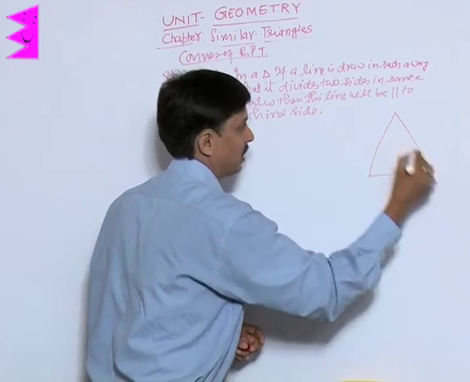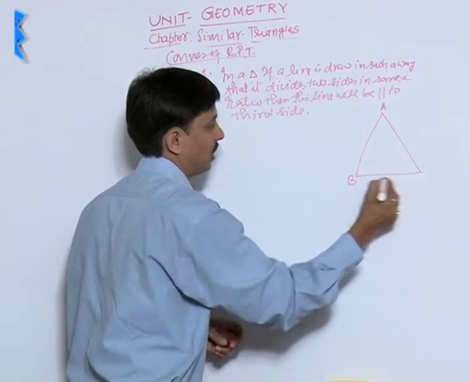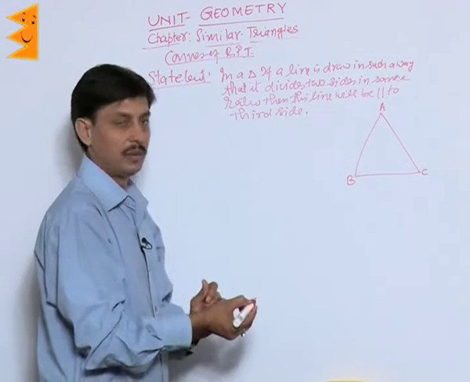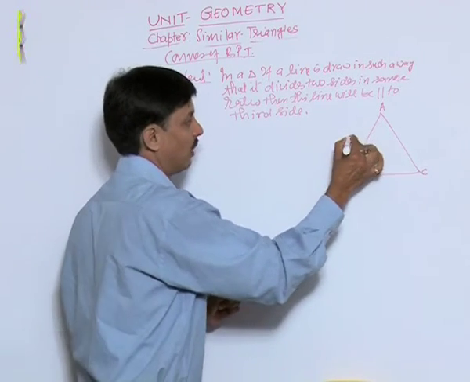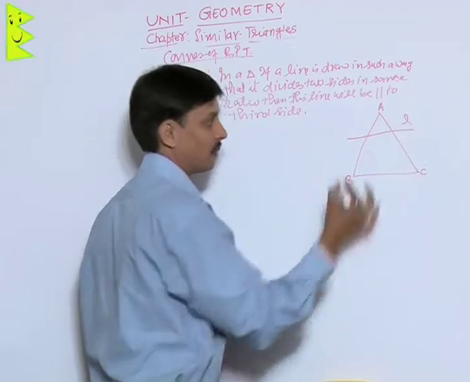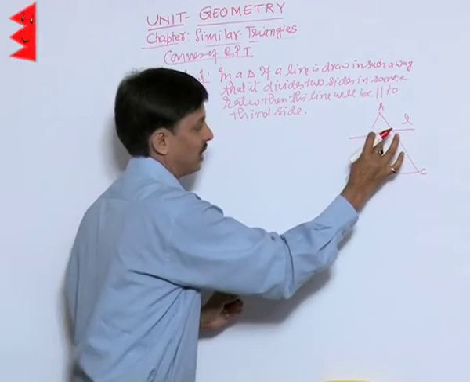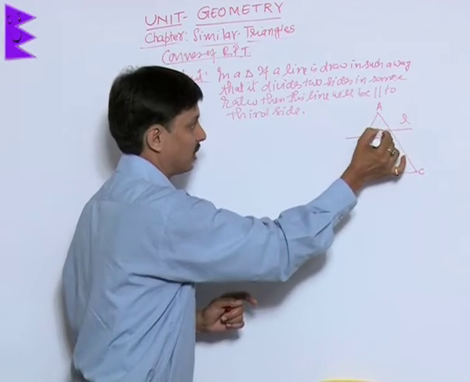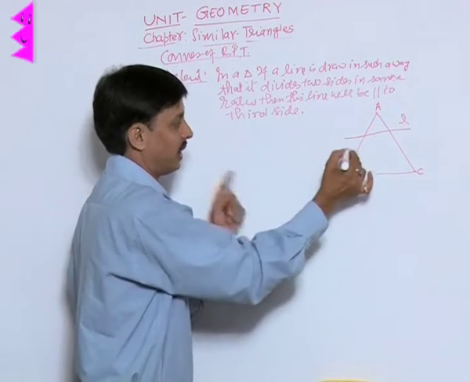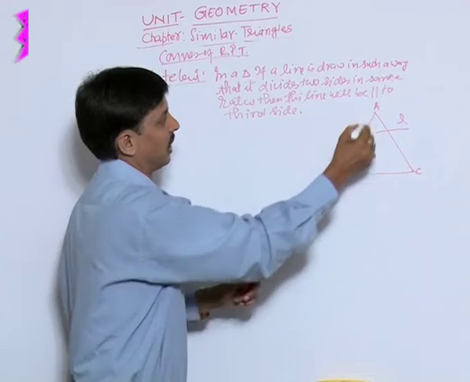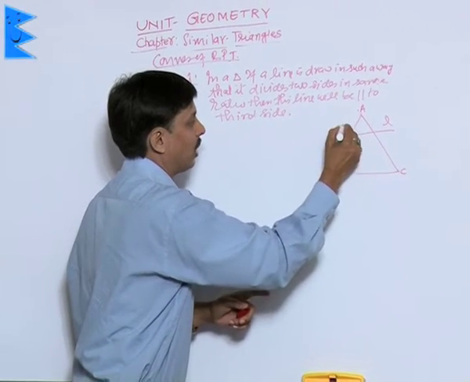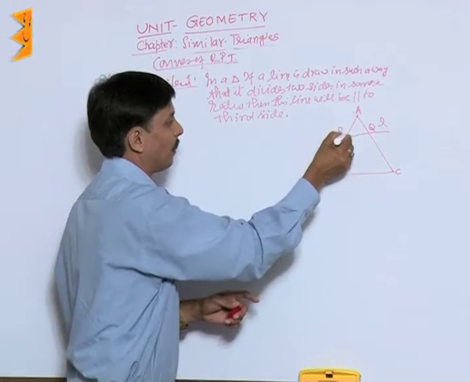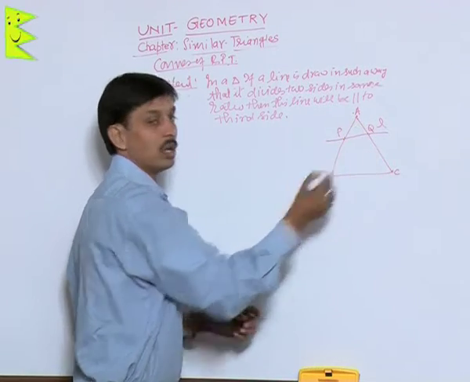In order to explain it, first of all, we will draw a triangle. A triangle has three sides, three angles, and three vertices, which can be named A, B, C. ABC is a triangle where a line is given. Suppose this line is L. We are not aware whether this is parallel to the third side or not. Yes, this much we know, that this line L is drawn in such a way that it is intersecting AB and AC at two points P and Q, such that AP upon PB is equal to AQ upon QC.